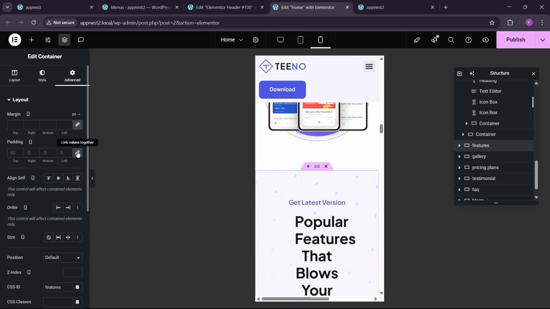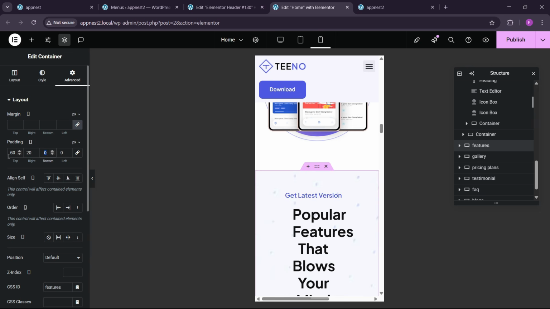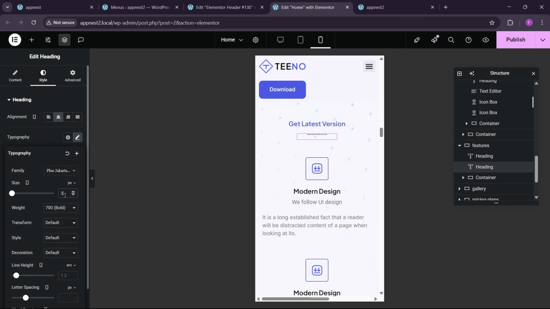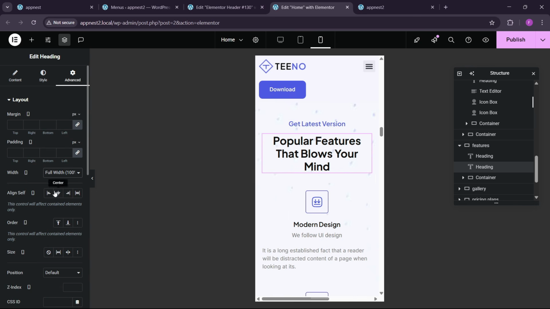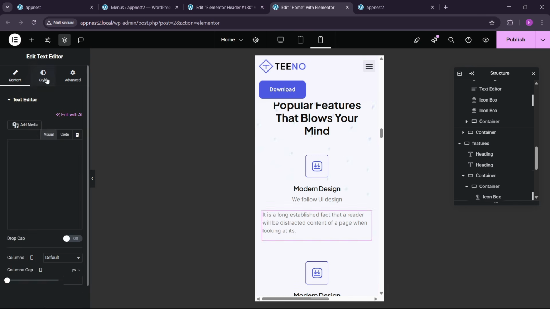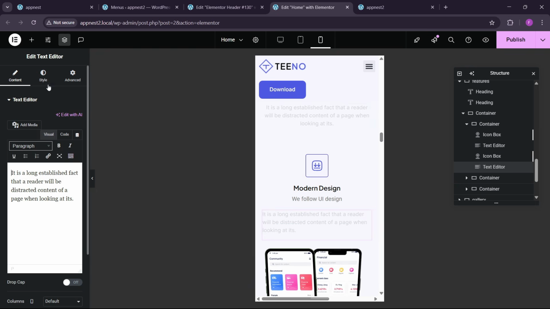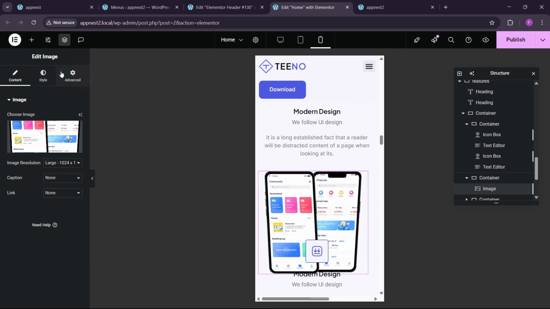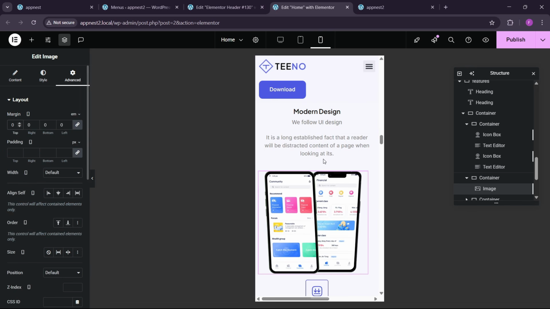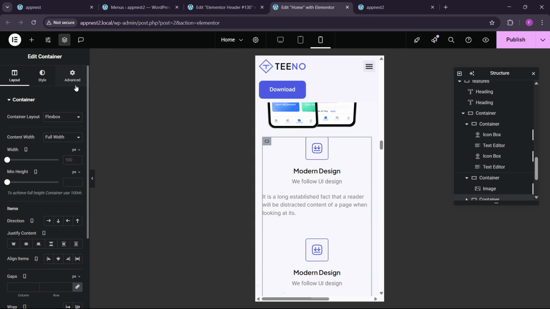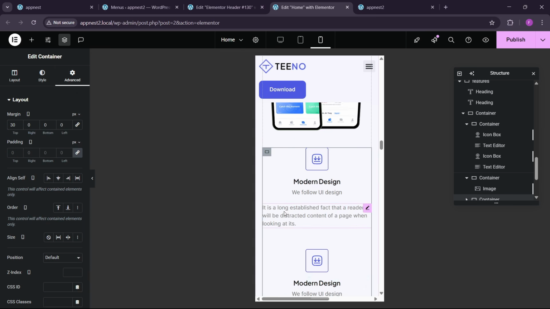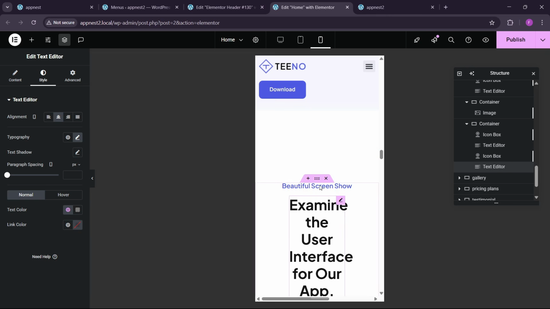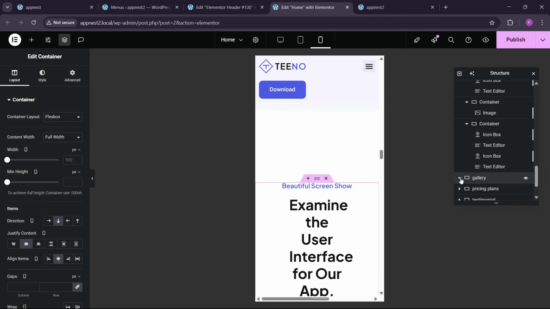Like here also I have this 60, 20, 60 and 20. Then here also let's make this 30, and here also we can make this finish. Okay, so all the steps are the same. Here you can make this in the center, here also make this in the center. And here you can see that we have this image where we have the negative value, make it 0. And here we can make this 30, here make this in the center, here make this in the center. Okay, and here you can see in the gallery